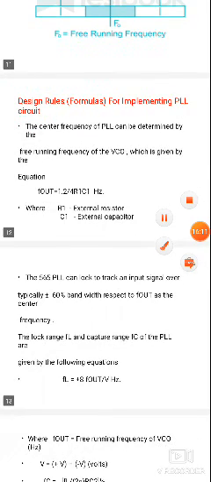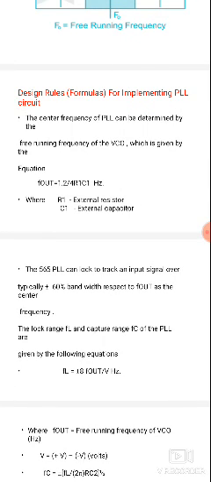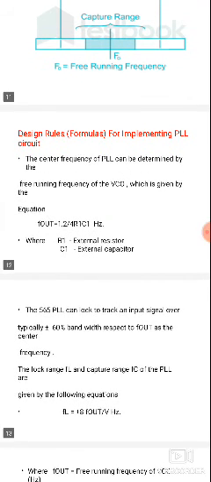Next topic is design rules or formulas for implementing the PLL circuit. What are the rules we can follow for implementing or working with a PLL circuit? First, the center frequency of the PLL can be determined by the free running frequency of the VCO. The center frequency of the PLL is F0, which is F out. F0 will be determined by the free running frequency of the voltage controlled oscillator,